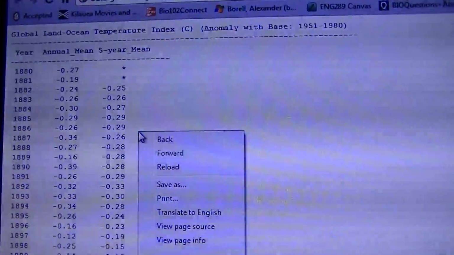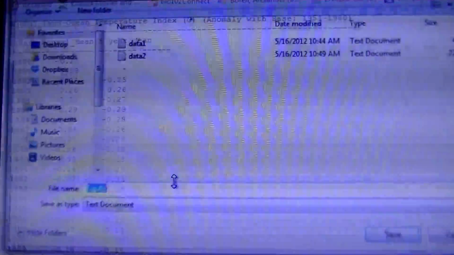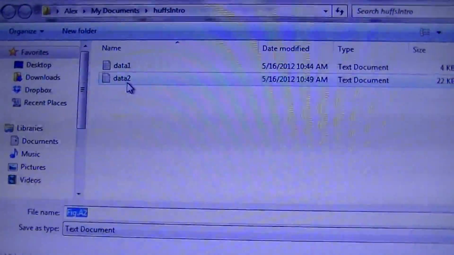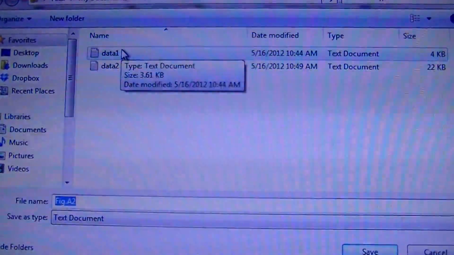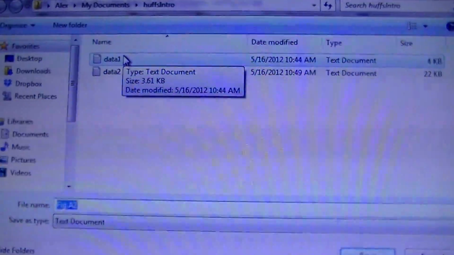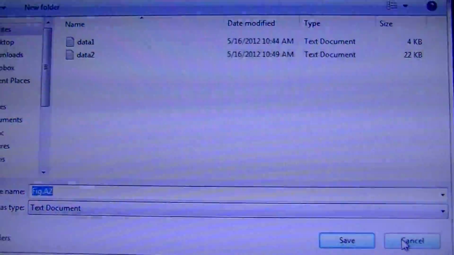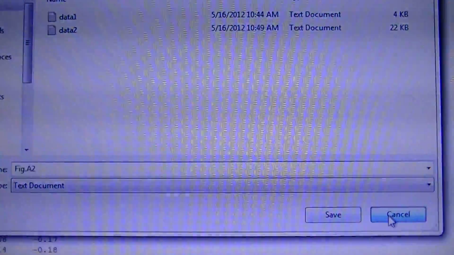So you're going to right click, save as, and you want to save it as a text document. I've already saved mine here. This is the first chart we're going to make, so I've saved it as just data 1. Okay, so I'm not going to save that because I already have, but you need to save it as a text document and give it whatever name you like. Next, what we're going to do is